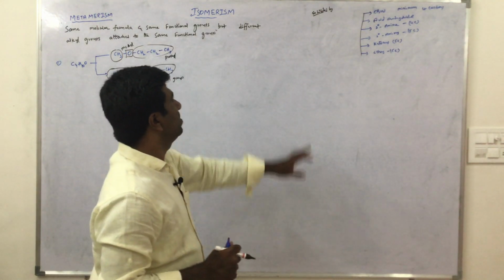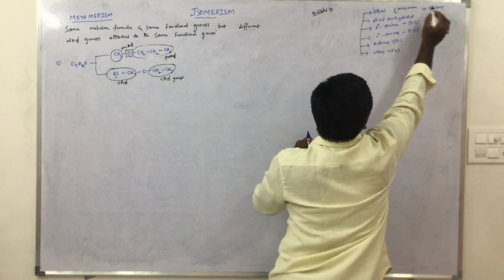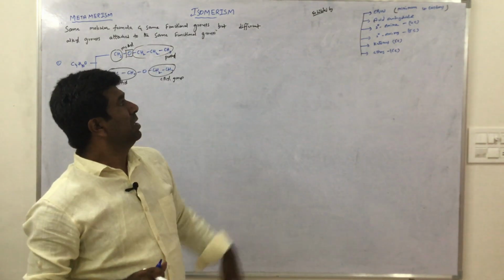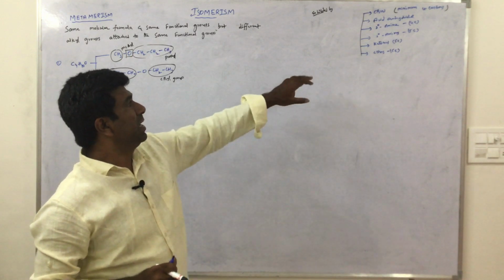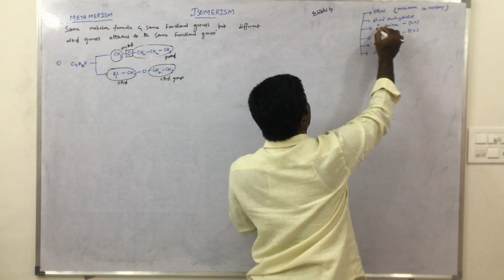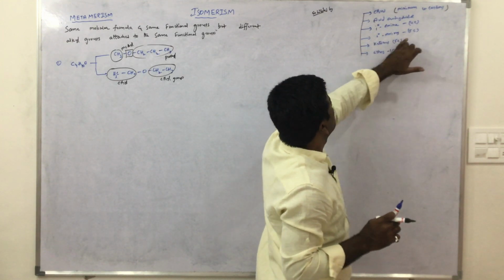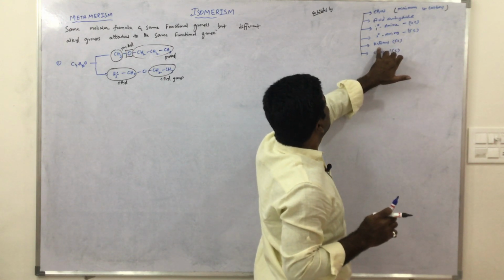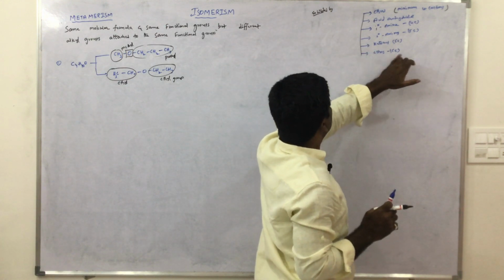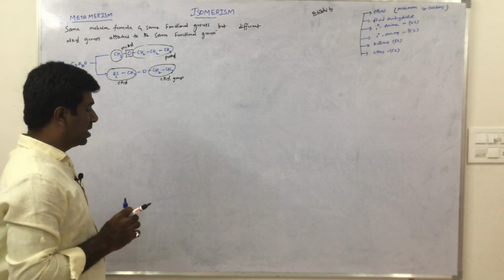Generally, metamerism is exhibited by ethers, but the compound must have 4 carbons; also acid anhydrides. Primary amines need a minimum 4 carbon chain, secondary amines a minimum 5 carbon chain, ketones a minimum of 5 carbons, and esters also a minimum of 5 carbons to exhibit metamerism. We will discuss them one by one clearly.